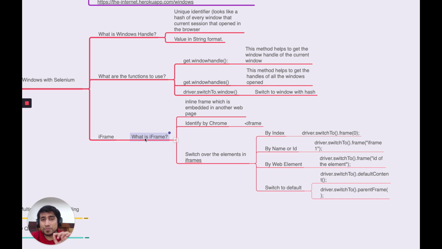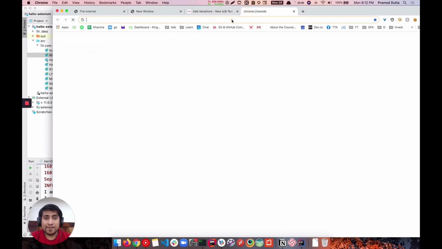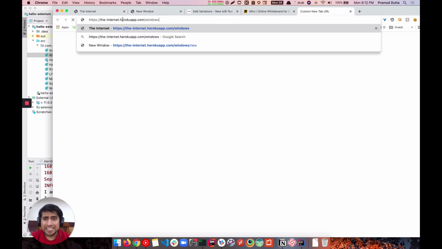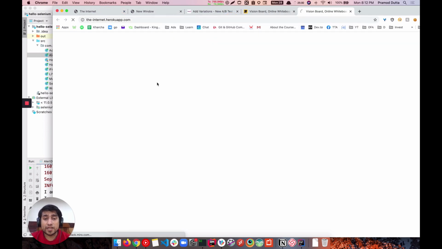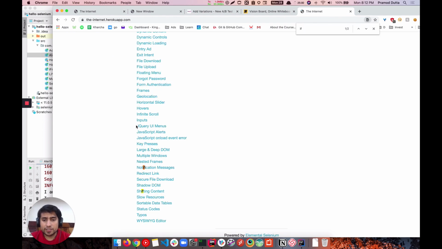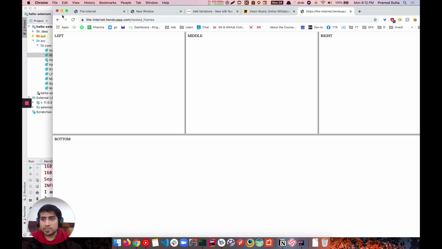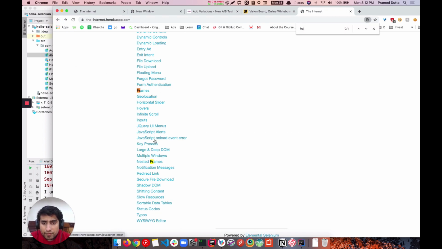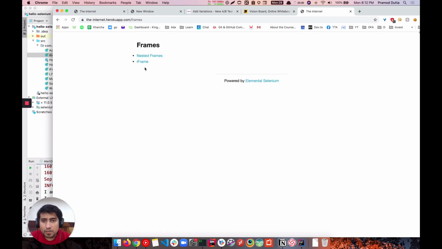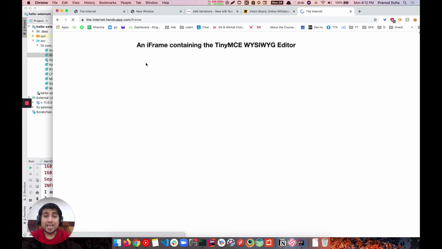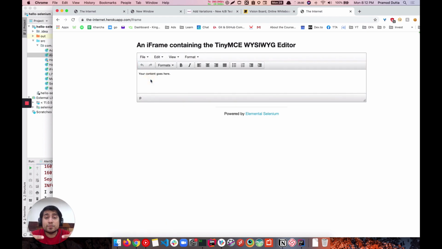Iframe is another important concept whenever we are doing any kind of web application automation, right? So let me show you where it is. Iframe. Frames, right? You can click on this iframe, and if you see what an iframe is, actually it is a web page within a web page. For example, I've opened Facebook, and it contains another web page of Amazon.com within it. So that's what actually an iframe is.